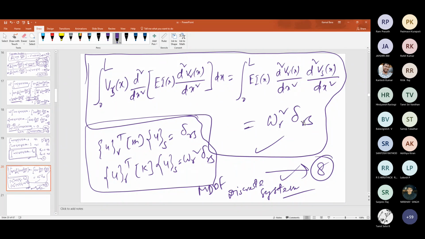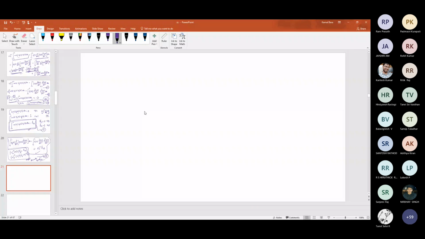So let us first consider a uniform beam, and whether it is simply supported or cantilever or any other boundary condition doesn't matter. Only your natural frequencies and mode shapes or eigenfunctions will change. That's all. The other governing equation and the orthogonality are not going to change. The boundary condition will change, and due to the boundary condition, the eigenfunctions and the eigenvalues are going to change. So let us discuss the simply supported beam, that is, both ends hinged, subjected to an external force. Before going into that, I will summarize it. So, simply supported beam.